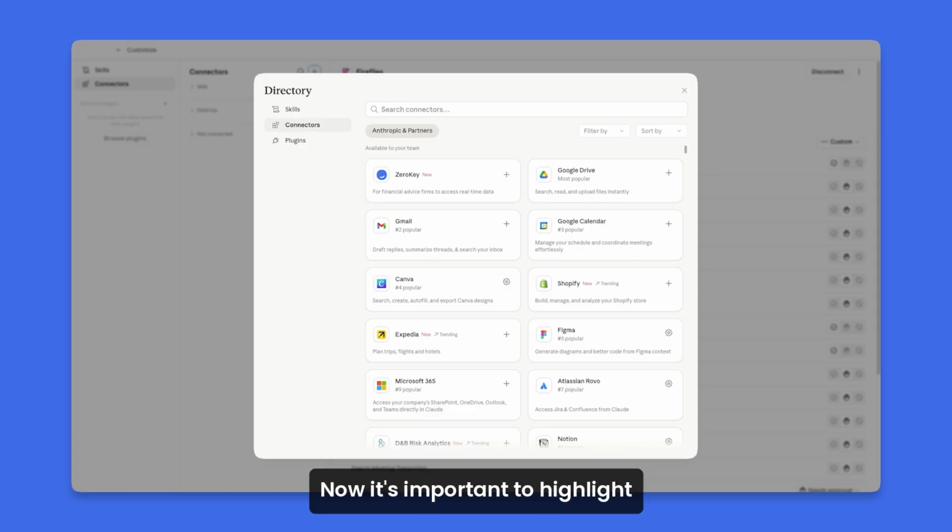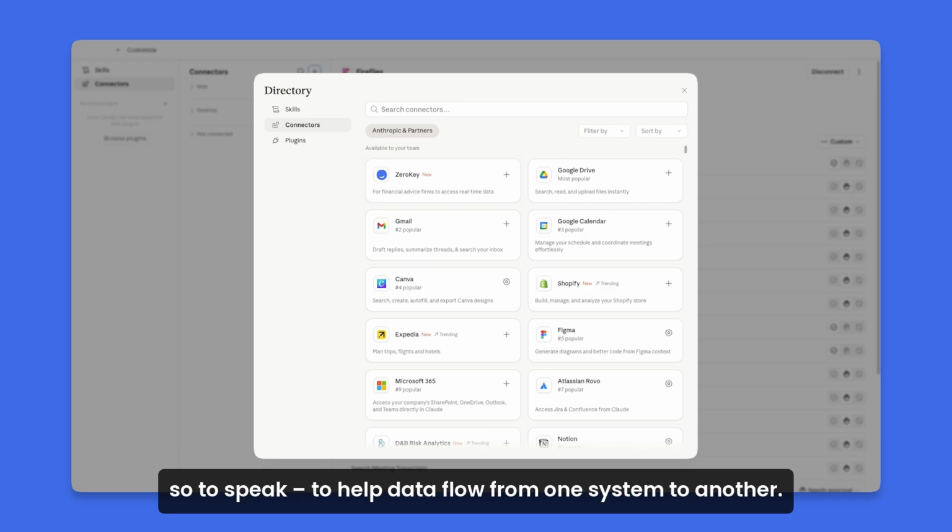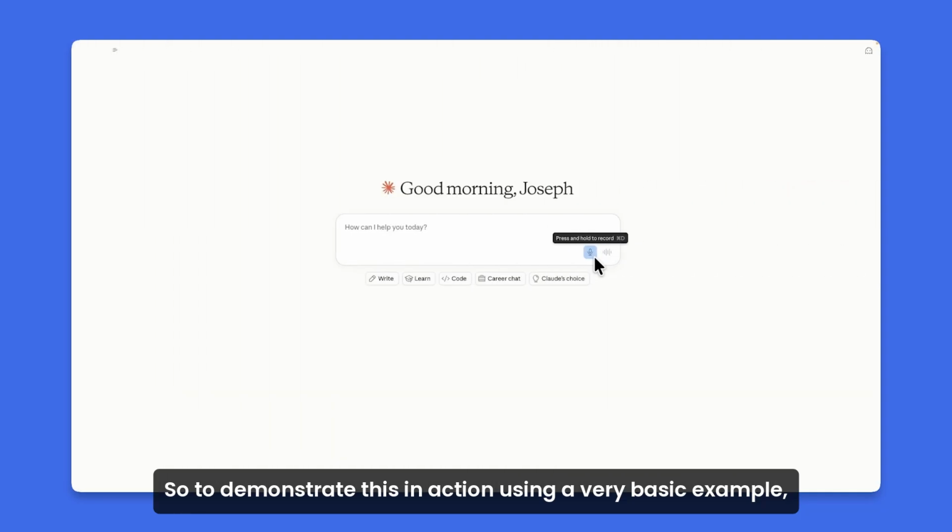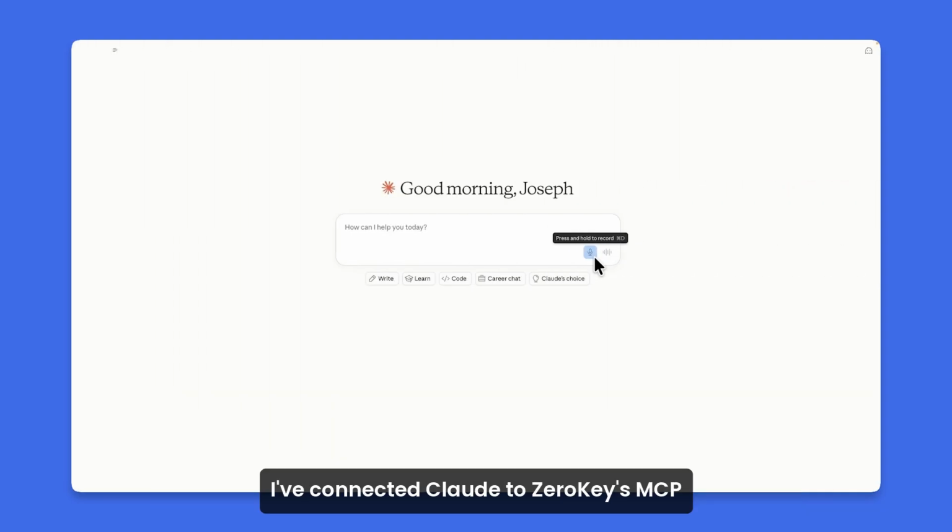Now, it's important to highlight that ZeroKey does not store any client data, and we are not an AI tool. We simply act as a conduit for data. We are building the infrastructure, the plumbing and the pipework, so to speak, to help data flow from one system to another. So to demonstrate this in action using a very basic example, I've connected Claude to ZeroKey's MCP and